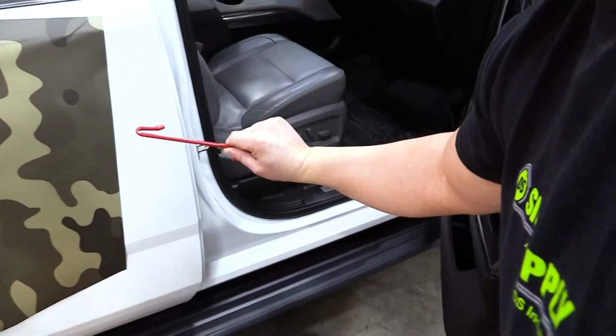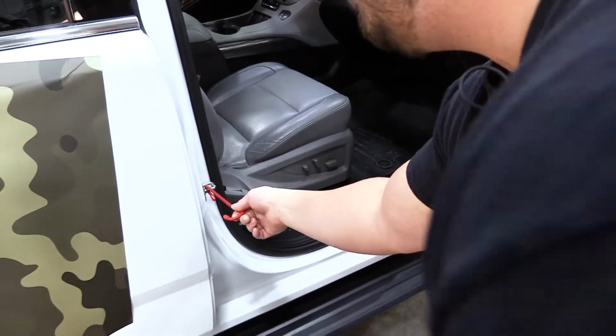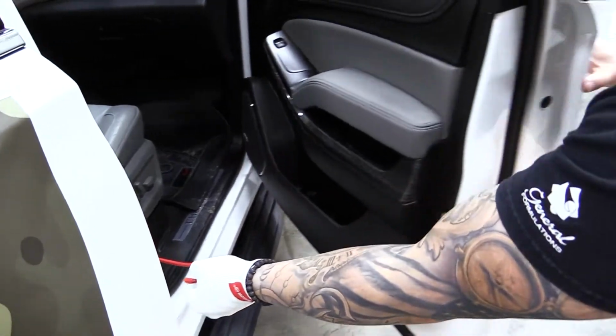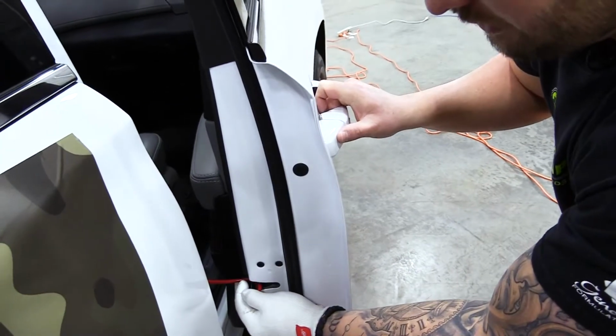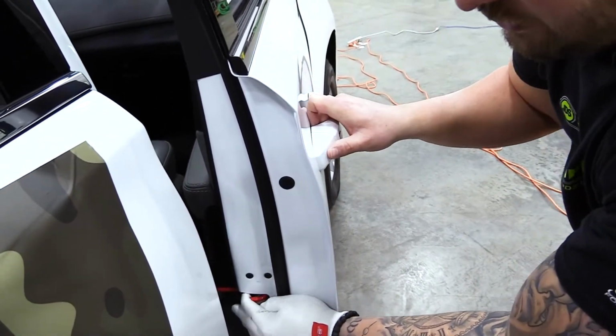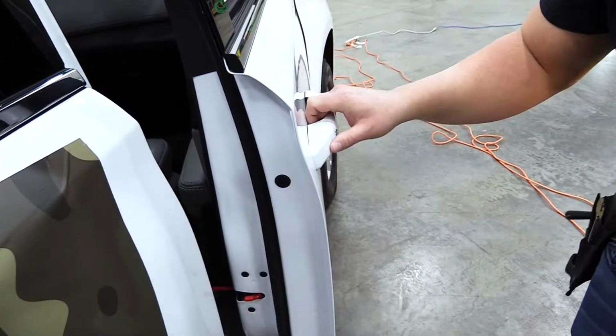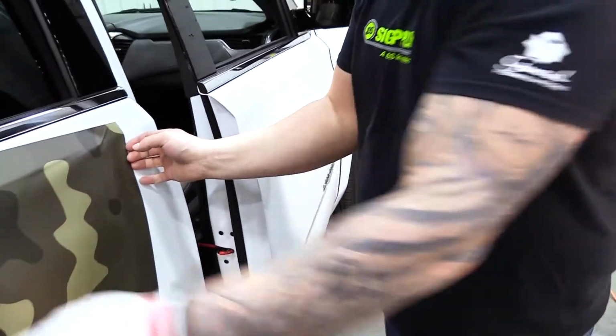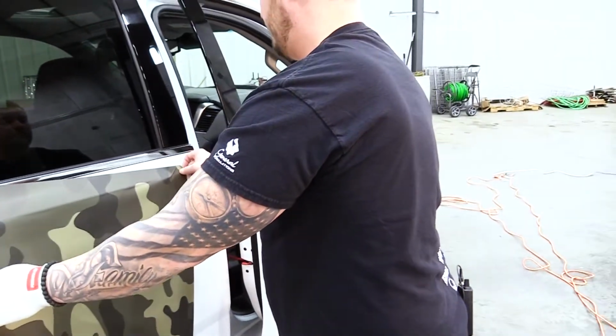So I'm going to take the small hook, put that in here, with the other hook open to the rear of the vehicle, and then I'm going to insert the larger end into the slot where it would latch into the frame on the door. Now it's locked in, so when I go to apply my vinyl like I have tacked up here,